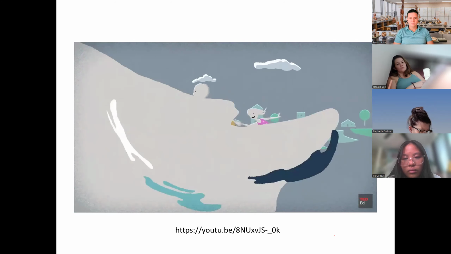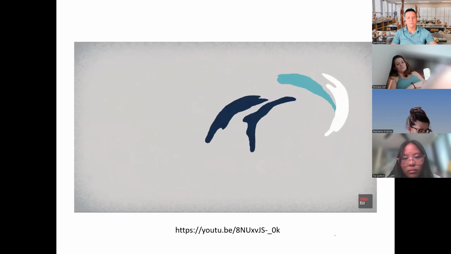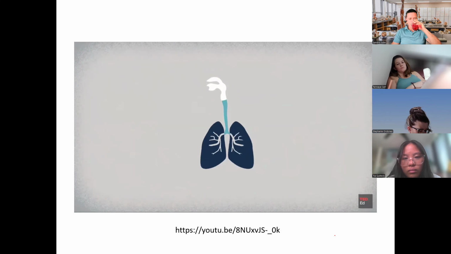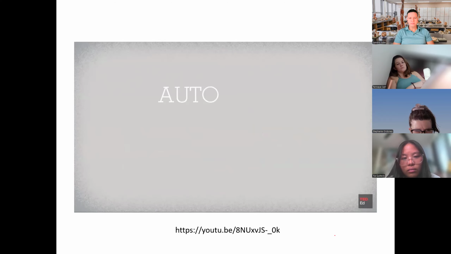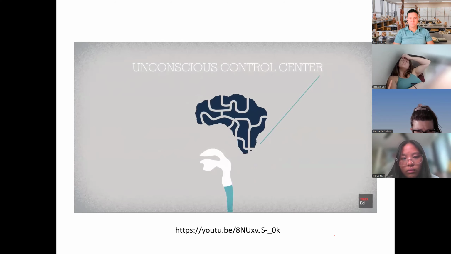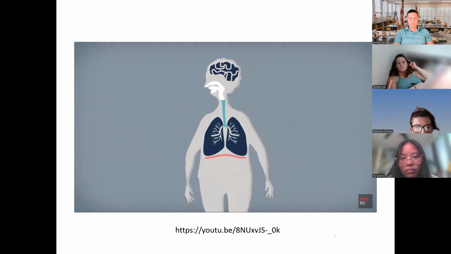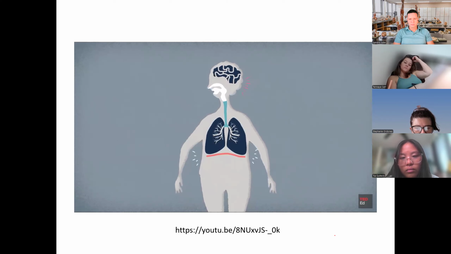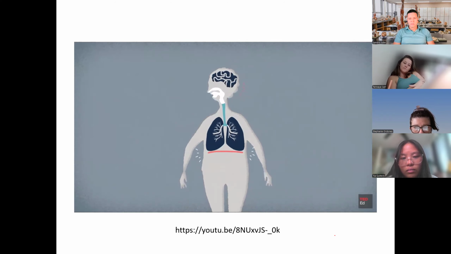The answer lies in our body's respiratory system. Like any machinery, it consists of specialized components and requires a trigger to start functioning. Here, the components are the structures and tissues making up the lungs, as well as the various other respiratory organs connected to them. And to get this machine moving, we need the autonomic nervous system, our brain's unconscious control center for the vital functions. As the body prepares to take in oxygen-rich air, this system sends a signal to the muscles around your lungs, flattening the diaphragm and contracting the intercostal muscles between your ribs to create more space for